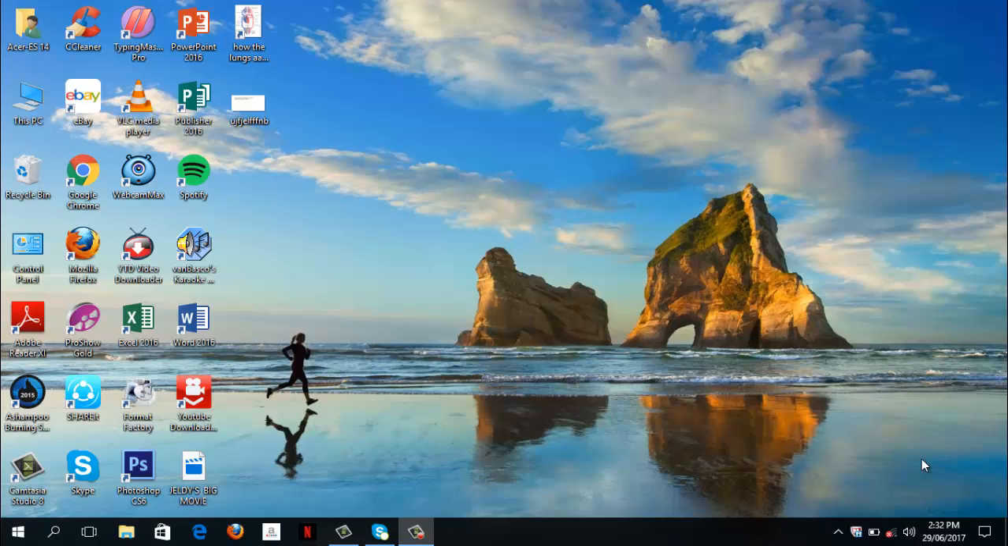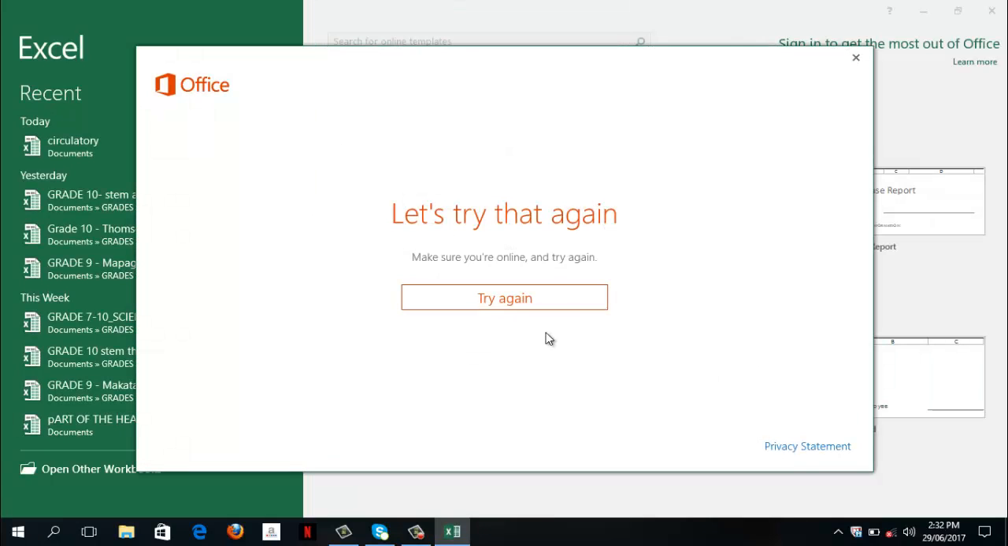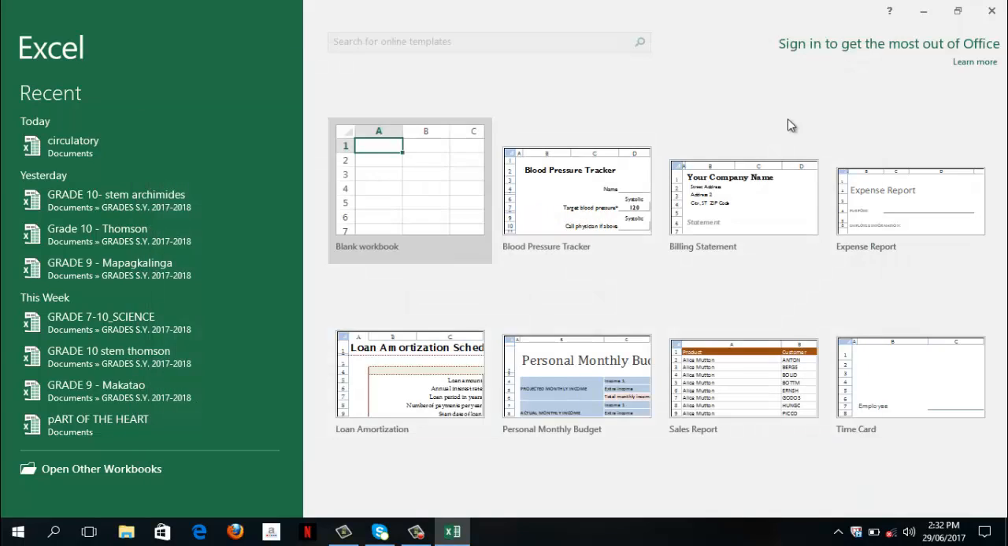Today I will be teaching you how to make a tarpapel using Microsoft Excel 2016. The goodness of this Microsoft Excel is that you can identify at the beginning the number of pages you're going to use in making your tarpapel. Okay, so when you open the Microsoft Excel, this is the